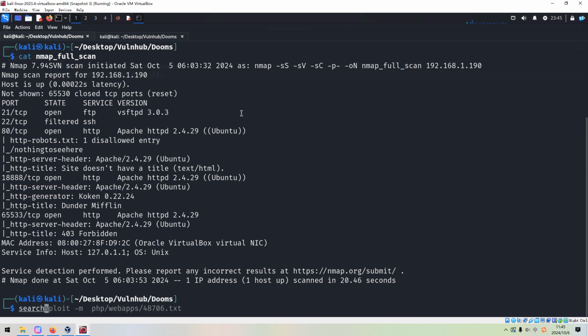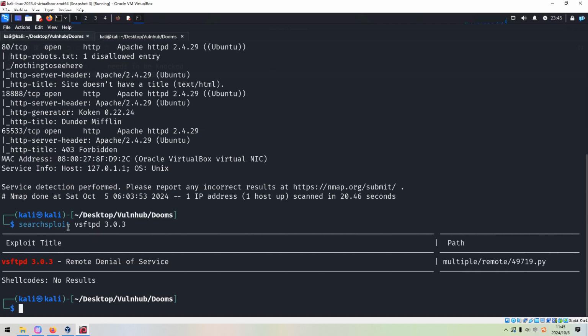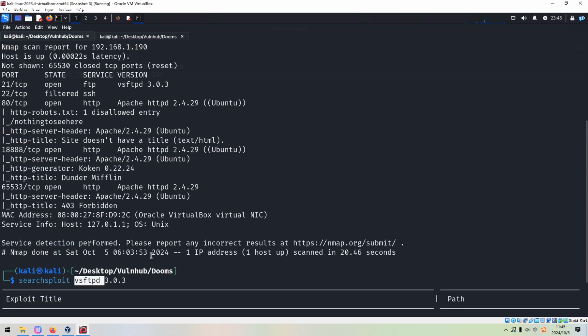We can launch searchsploit to see whether this service is vulnerable or not. Although here we got one result, however, this is a remote DoS vulnerability, or denial of service, which is not what we want.